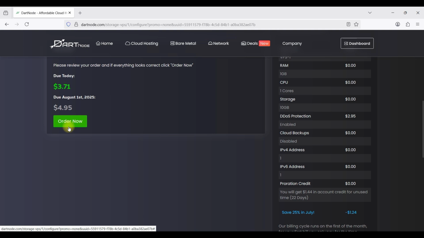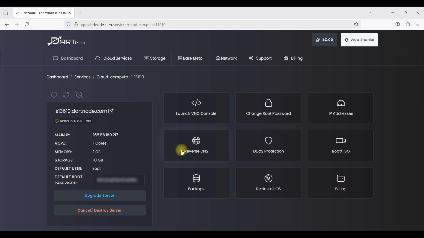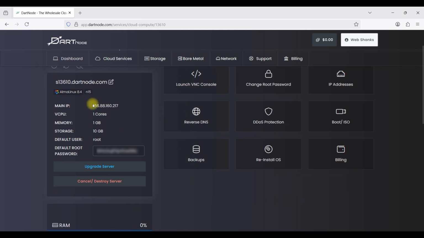So once you have paid your VPS, wait for the confirmation email to see that your VPS is ready. Now I will just go to my dashboard and see if my storage VPS is ready. Okay, so I am here on my DartNode dashboard and my VPS is already up, and you can check your